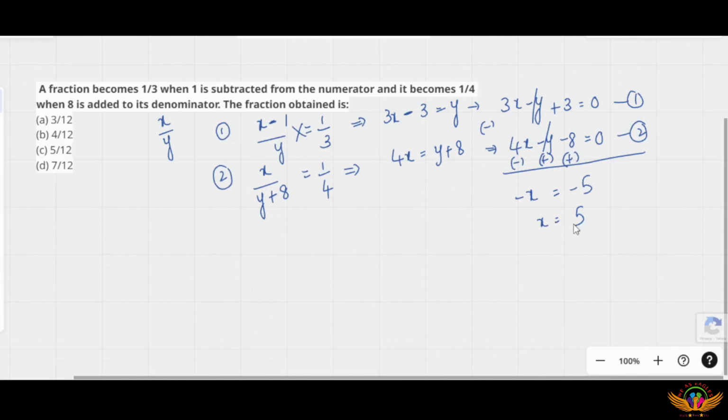Done. So now that we know x is equal to 5, substitute in equation number 1. So it becomes 3 into 5, that is 15 minus y plus 3 is equal to 0. 15 plus 3 is equal to 18. So y is equal to,